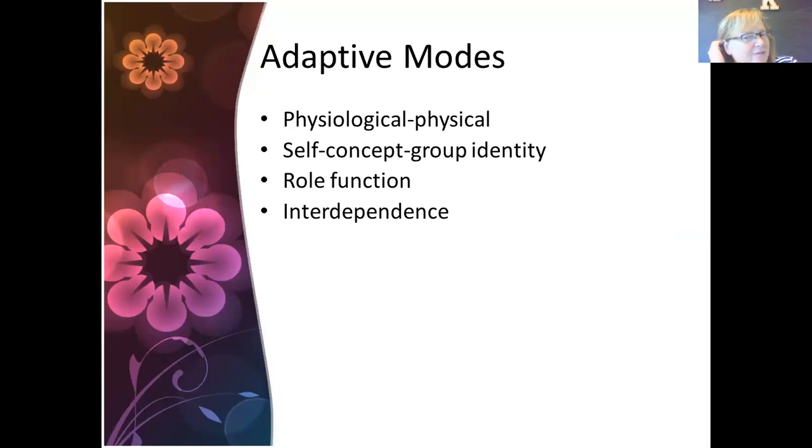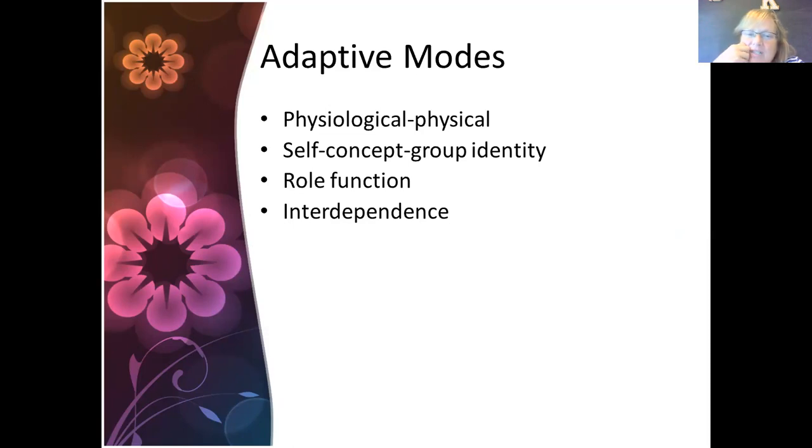So again, for the first two, there are slightly different terms for whether we're referring to an individual or a group, family, or community. For an individual, the first type of adaptive mode is physiological. And for a group or a family or a community, we talk about physical. Again, we don't share the same body, so it's not all the same physiological response, but it may be the same physical